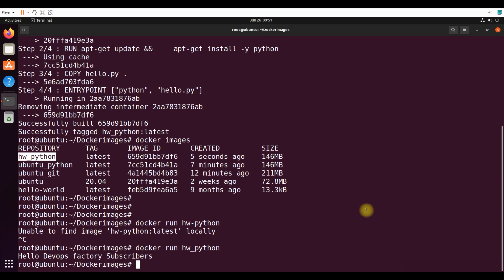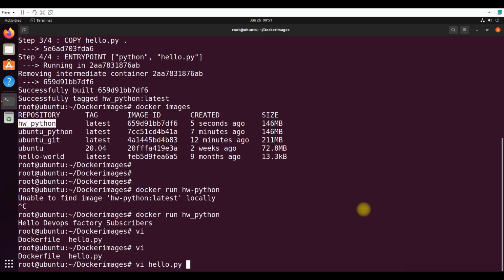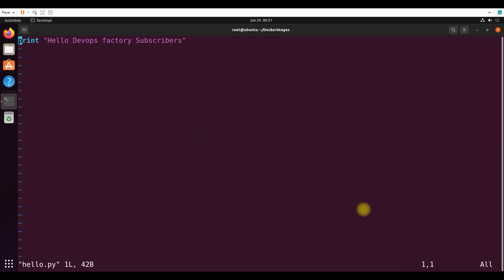So let's do the same as what we have done. I'll go to my hello world again and we'll see how that can be done. Now I'll go to vi hello.py, go into insert mode, and say import os. Then I'll print hello developers, or hello DevOps factory subscribers